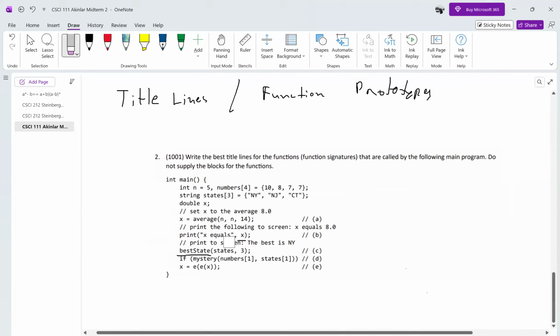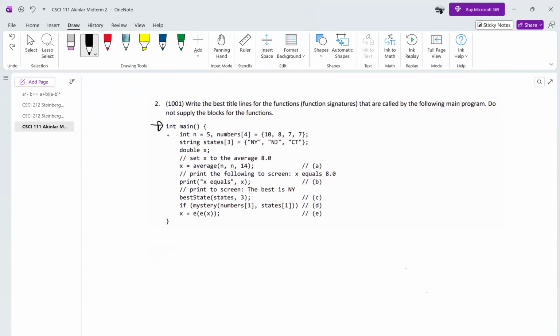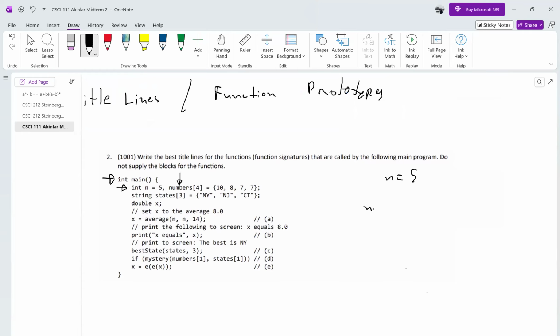This one. Or if you guys have any other, let me see if anybody said any suggestions. Okay, never mind. So basically, again, we start from the main function and you go line by line downstairs, and then you do whatever it says, right? The first line basically is saying have a variable n, and the variable n has the value 5, and another array called numbers,